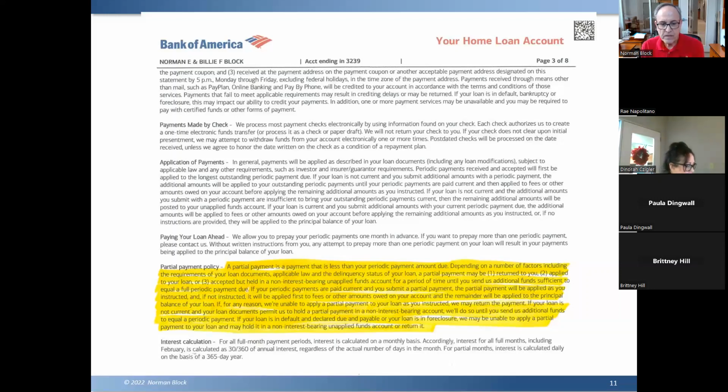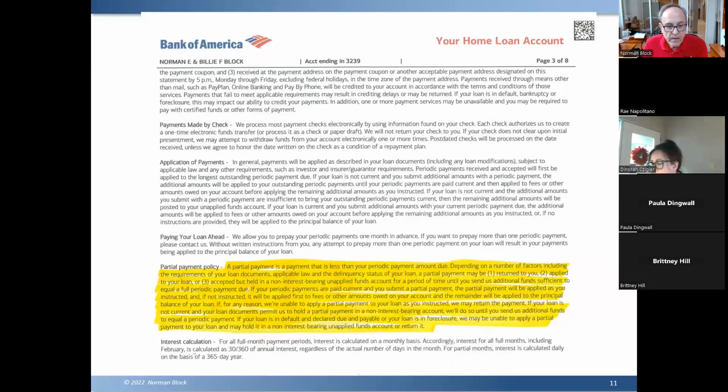What? Yes, this is what happens very often. When you just send in random money, it gets put aside in a non-interest bearing account called unapplied funds, and it sits there not saving you any interest, not paying down your loan, until you send in enough to equal a full payment. They're telling you right there that they have the option to do that. And no matter what you do, if it's a partial payment, they're going to apply it, first of all,